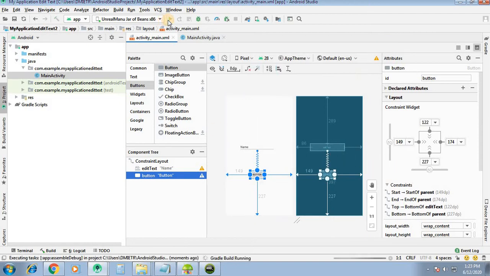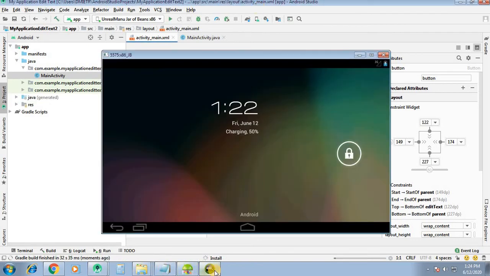We will run it to see the output. Our application is going to be installed. We are just checking the view of the application. We didn't add any on-click listener or any functionality to the button.